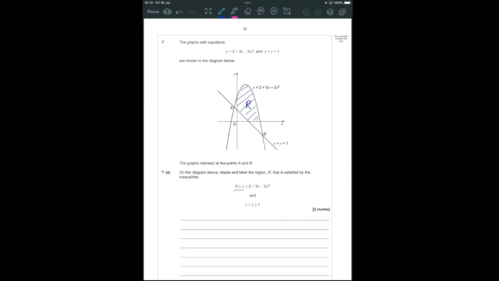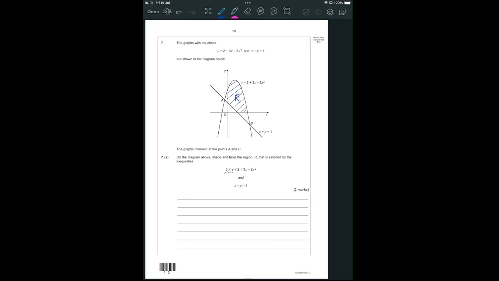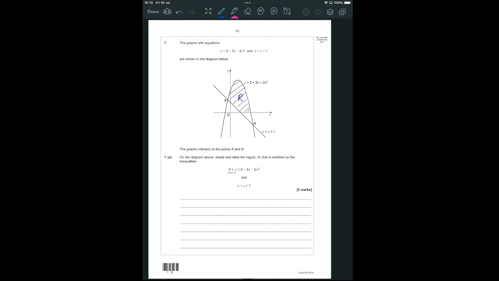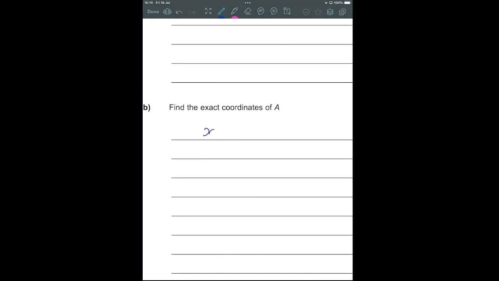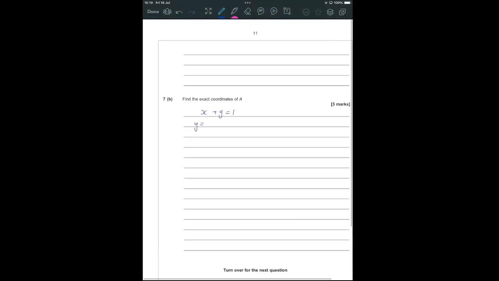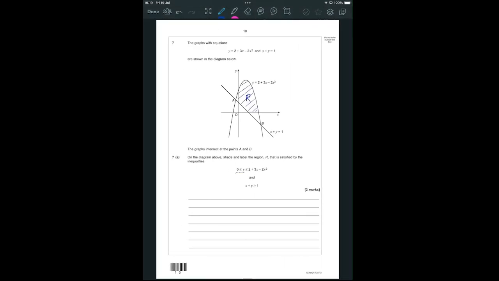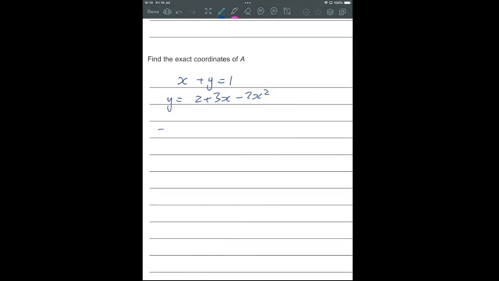Now I'm half expecting it to find the area eventually. No, we're not going to be asked to find the area of that region. We just want to find the coordinates of A, where these two curves intersect. So we have that x plus y equals 1. We also know that y is the quadratic, 2 plus 3x minus 2x squared. So putting those together, substituting the y into the equation above,